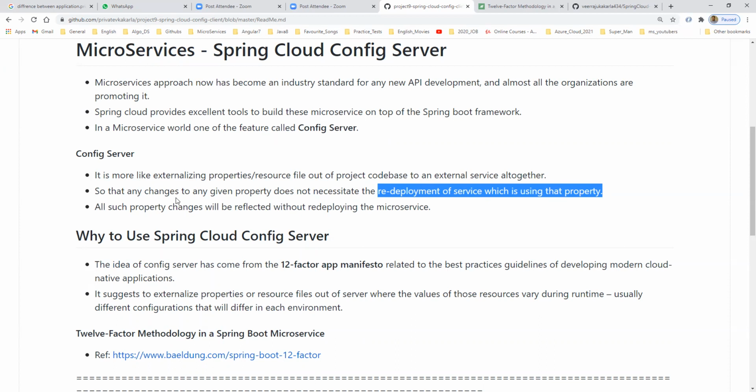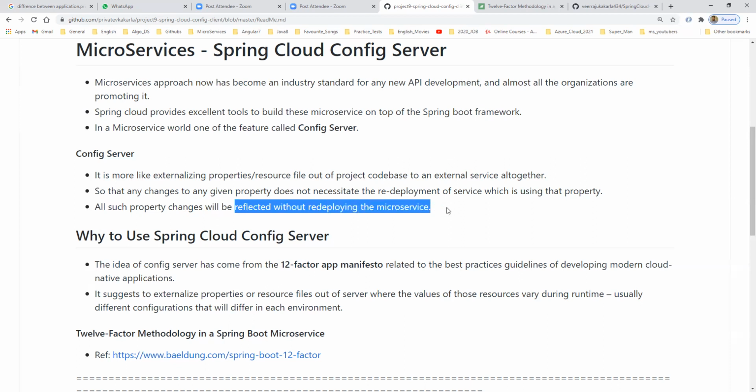Whenever we change the properties in an external file, you no need to redeploy your application. Automatically it will be reflected. That is what externalization of properties is. All such property changes will be reflected without redeploying your microservice.